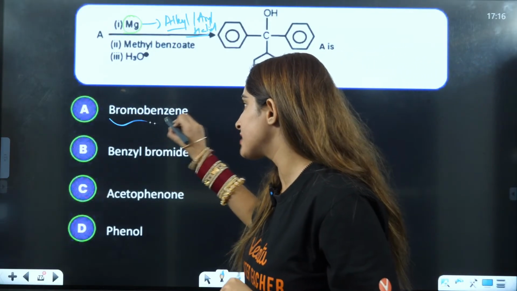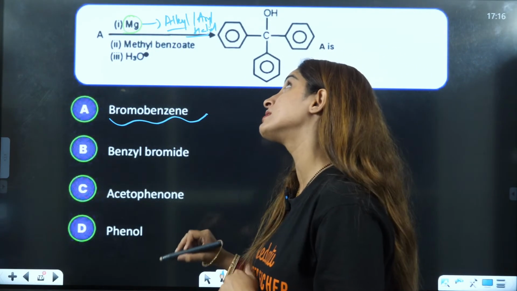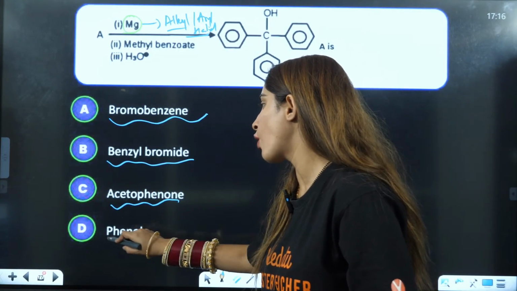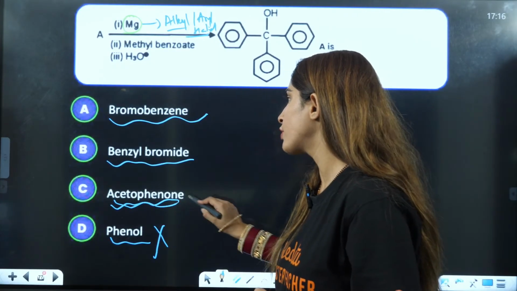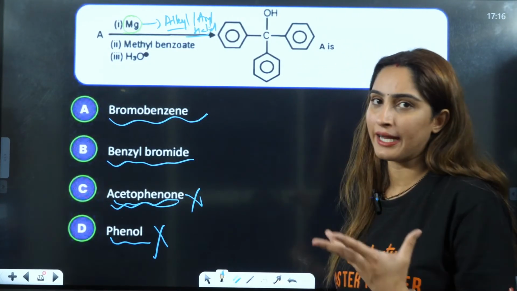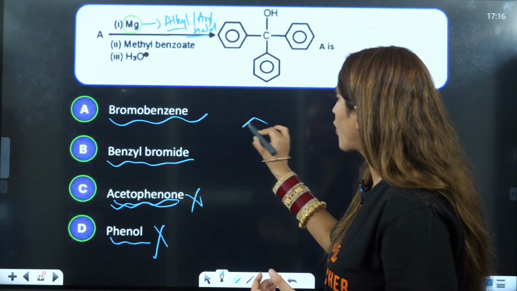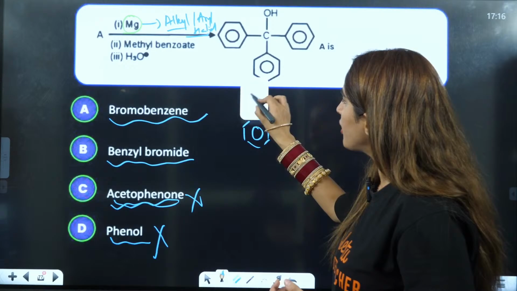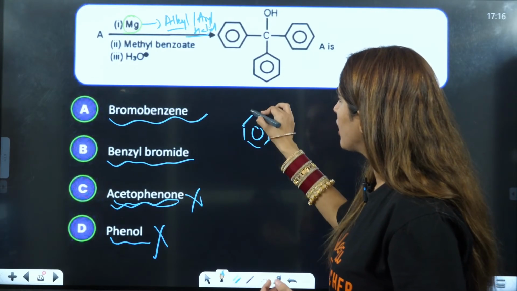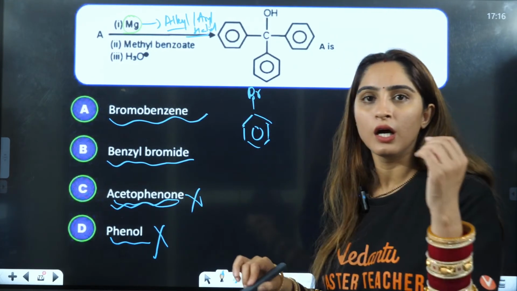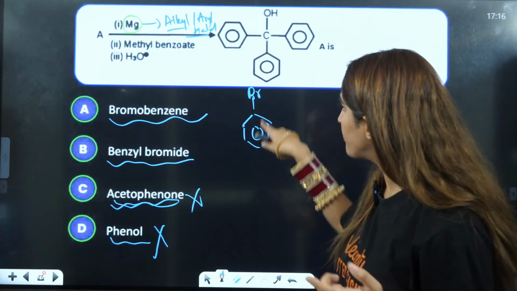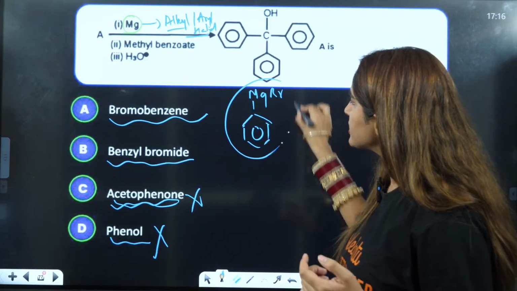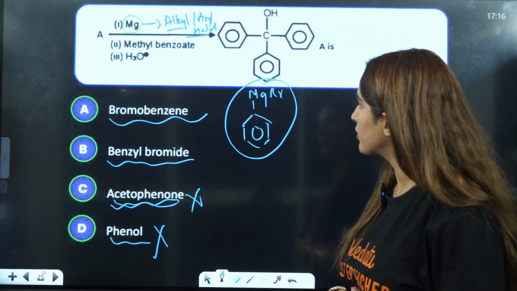So bromobenzene, I can choose. Benzyl benzene, this also we can say. Acetophenone, phenol, we can't say. Acetophenone also we can't say because you need a halide here, right? So one is bromobenzene, that is this benzene. Okay, this benzene. Now better understand one thing here. We are about to make a Grignard reagent. We have to break this bond, and this will be converted to MgBr, which is very, very difficult if you talk about this thing, right?